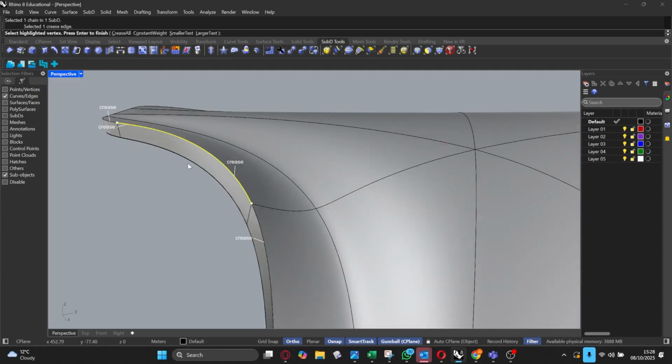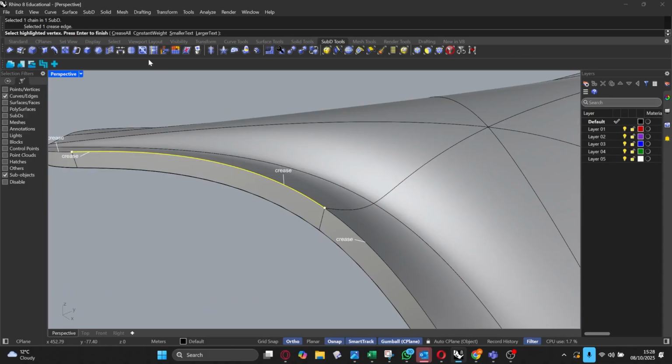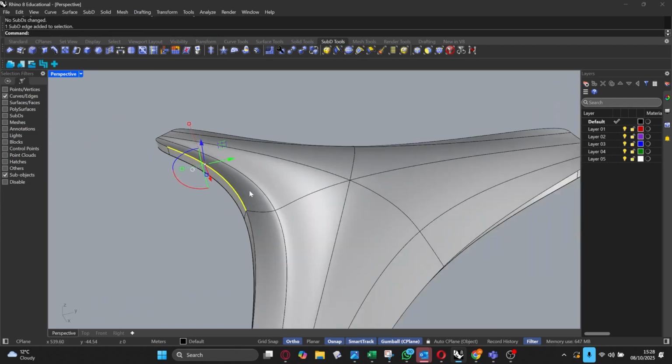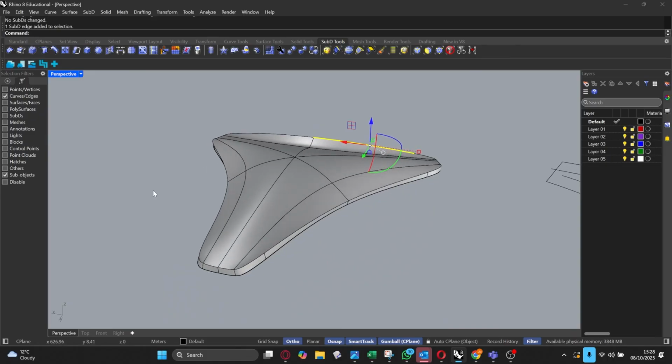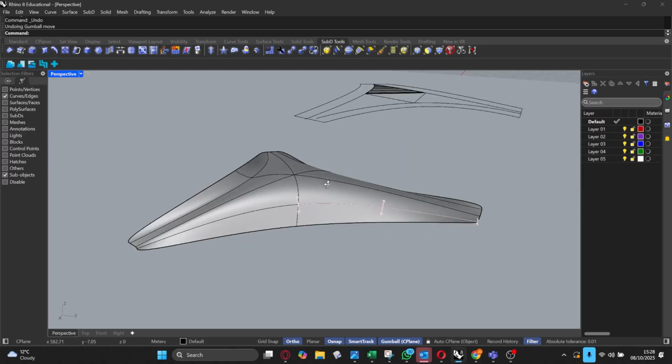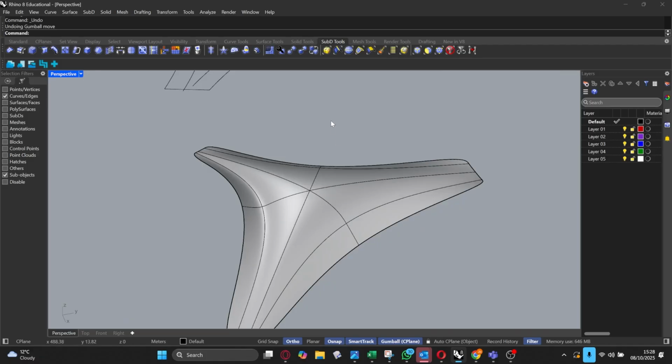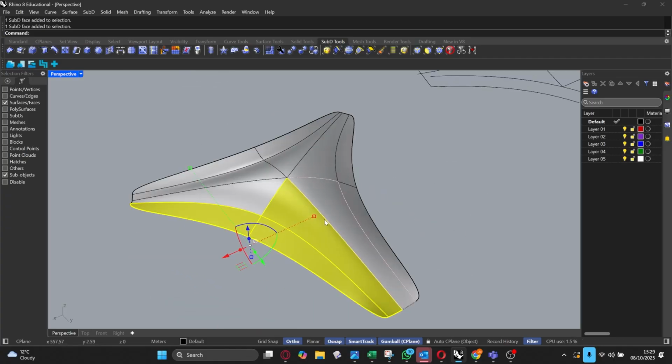You see this edge? It shows me what is creased and what isn't creased. And it will show me that this edge is now creased already. Because this is a creased edge, that's the only thing about adding thickness. What it does is it creases the edges as you start to add thickness. If I wanted to avoid that, instead of offsetting the surface, what I would need to do is extrude it instead. So I would need to take these faces,